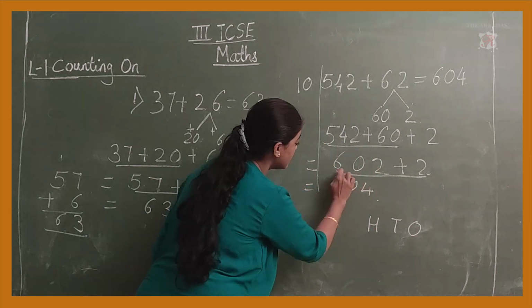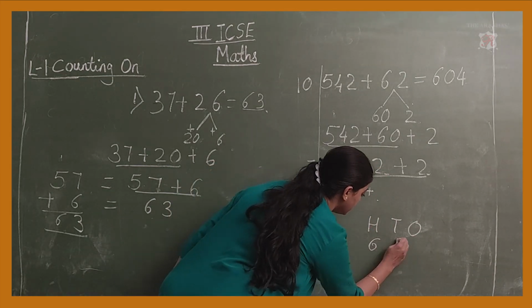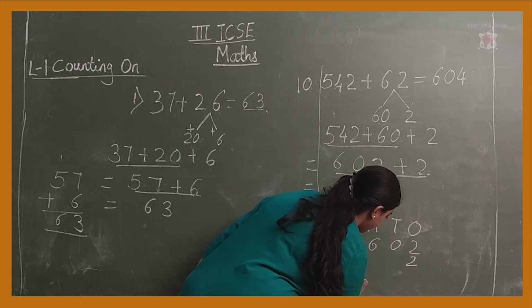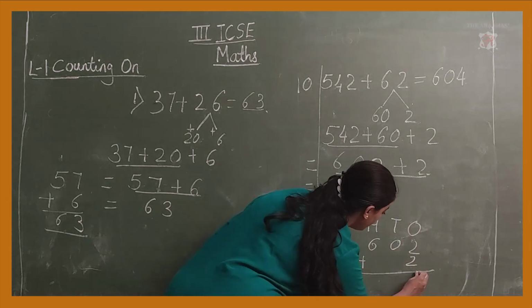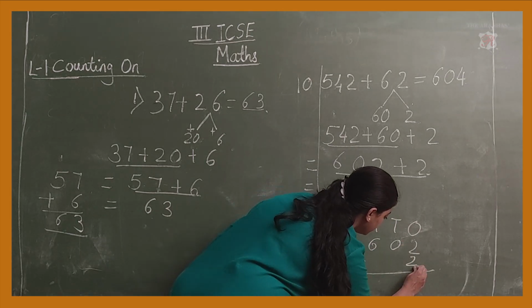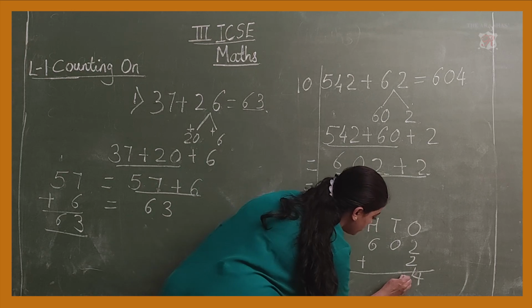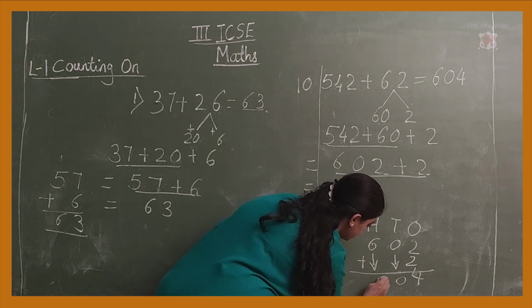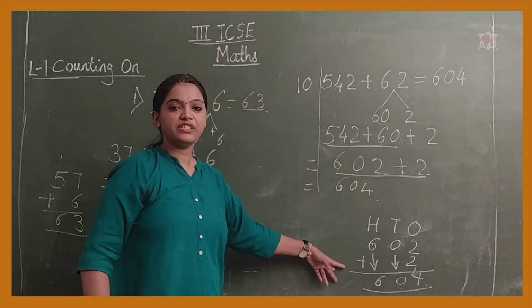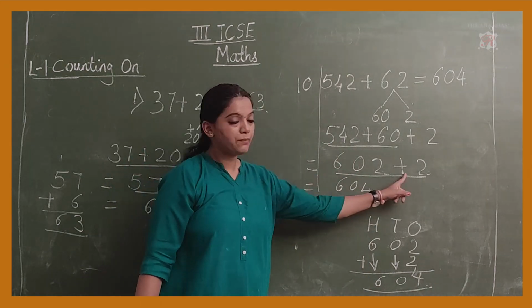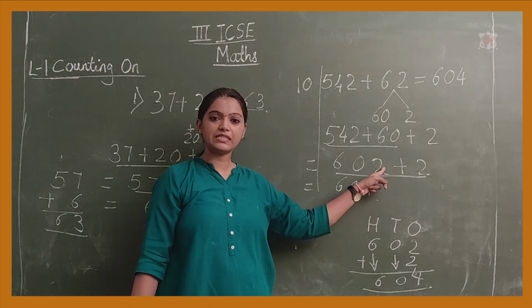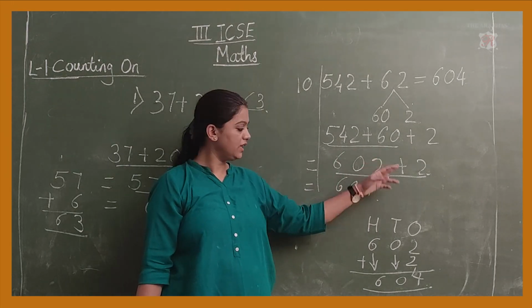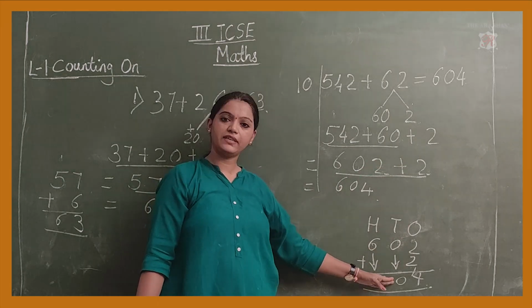In the previous class you used to add as hundreds, tens and ones. We'll take directly this number, 602 plus 2. 2 plus 2, 4. There is no number over here, so 0 will come down straight. No number over here, so 6. Anyway, addition is applicable. You can add it mentally, because we are doing this as mental math, so you have to be in the habit of adding it mentally. You can do this as your practice also.